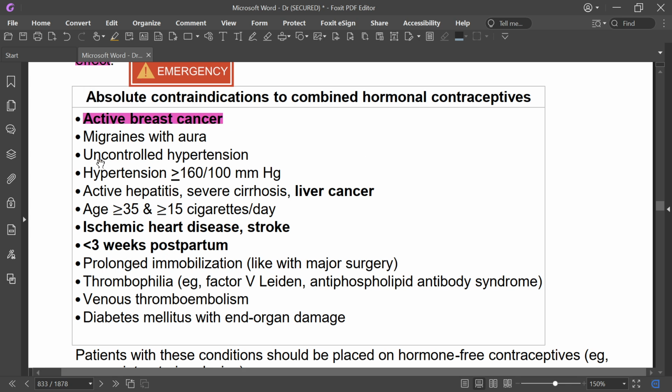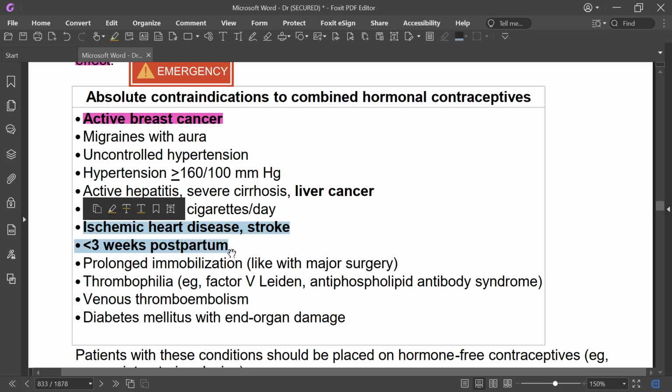Migraine with aura, uncontrolled hypertension, more than 160 by 100, acute hepatitis, severe cirrhosis, liver cancer, age more than 35 and more than 15 cigarettes per day, ischemic heart disease, stroke, less